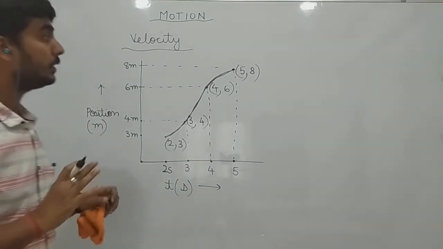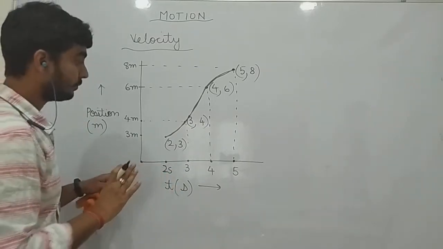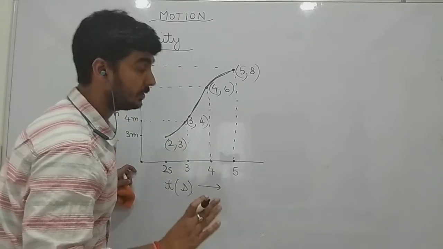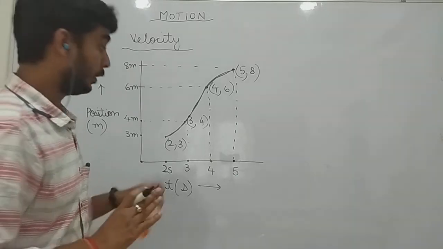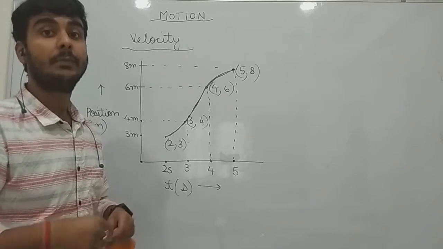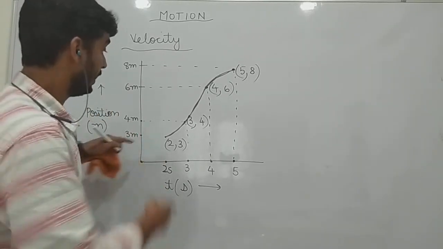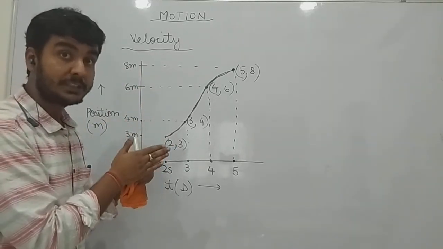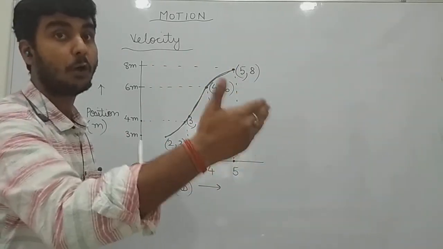So how have you plotted the position time graph? You have plotted it by taking time on the x axis, and position of the object on the y axis. Now, where did you get this time? This is the time which you note from your stopwatch. And what is this position? This is the position of the object from the starting point. From the starting point, how much distance has it moved? That is position.